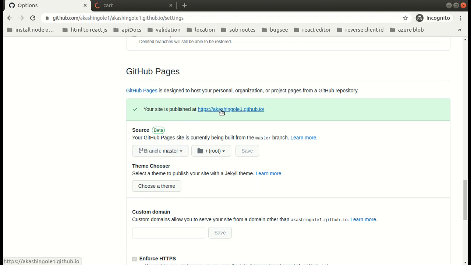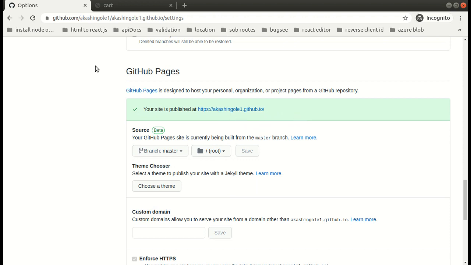But suppose you want to publish it to some other repository like simple shopping cart, simple cart, or vuex cart. Then here it will initially show none. You will have to manually select the master branch, and then your code will get published to that repo. Then it will be like username slash the repository name.